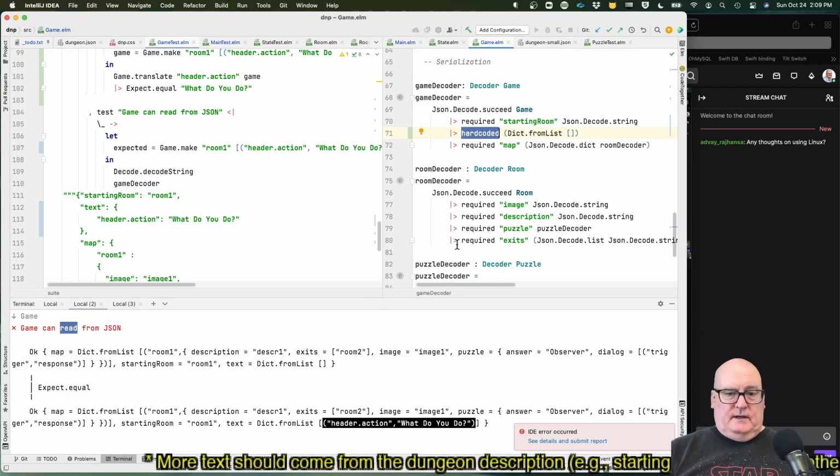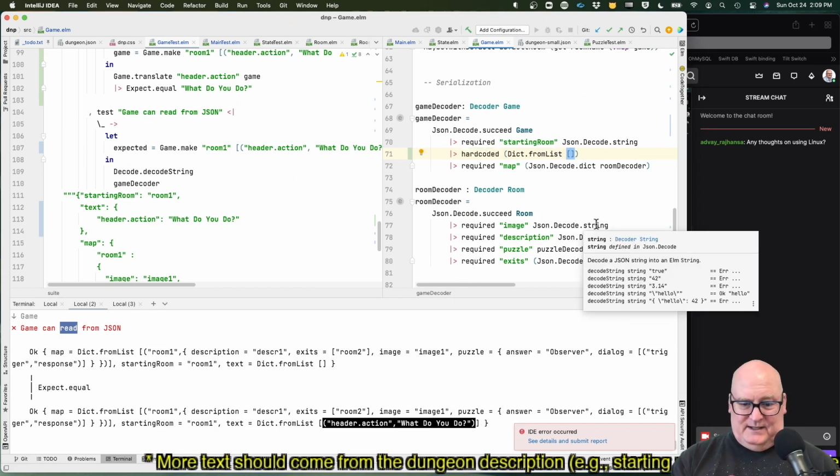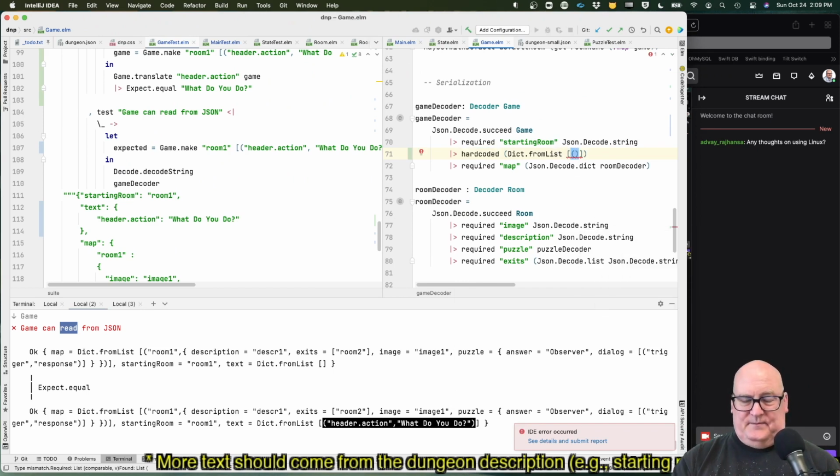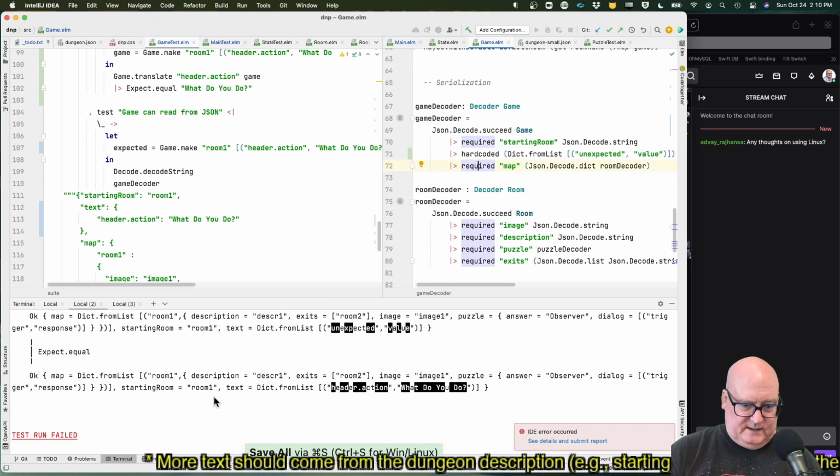Okay. Let's do one more little trick to make sure we're doing what we think we are. And let me just make this unexpected value. Okay, I won't leave this. I'm just doing this to verify to myself that the dictionary is coming from that hard-coded thing. Yes.